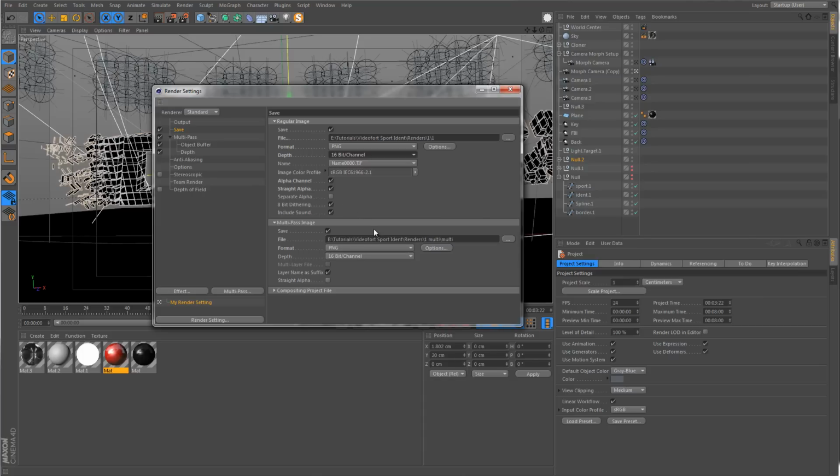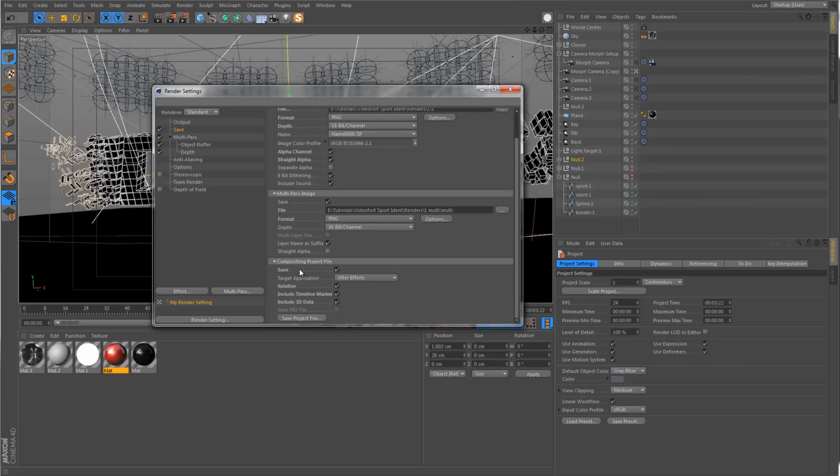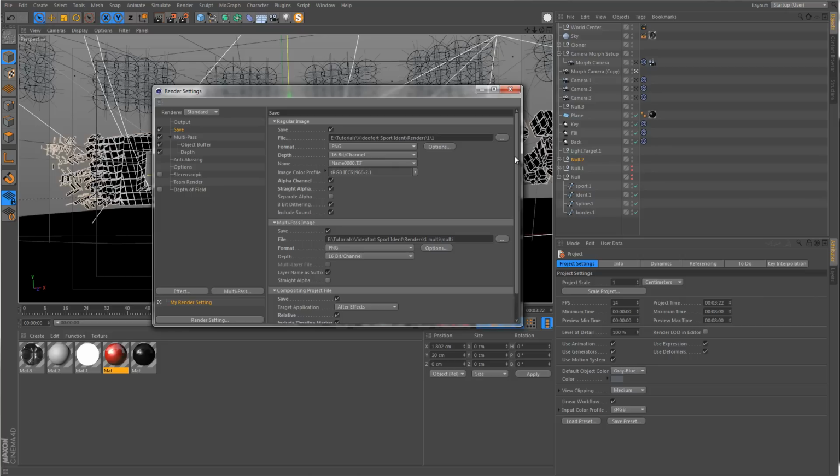Alright, and that's it. The most important thing in this section is this compositing project file. You want to make sure that you save this. The target application should be After Effects, and make sure that include 3D data is ticked. Again, I will try and provide some links to other videos which cover this whole exchange process between Cinema 4D